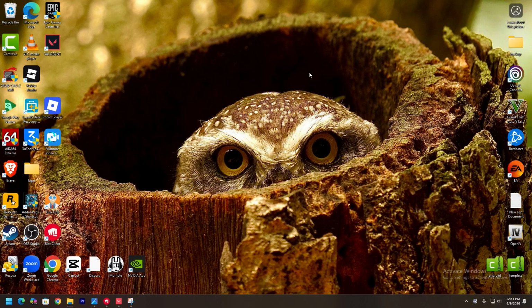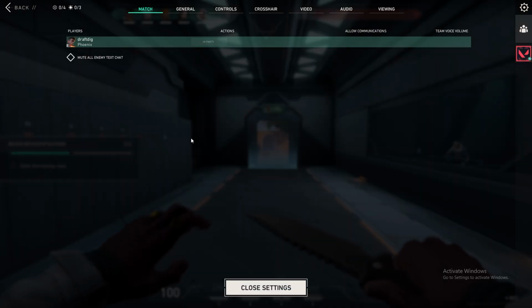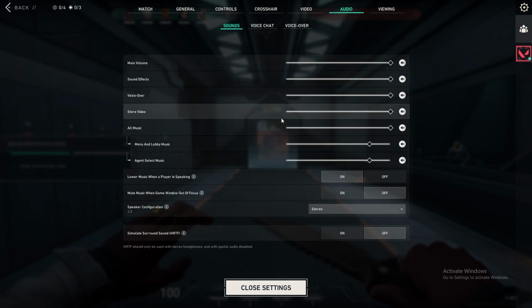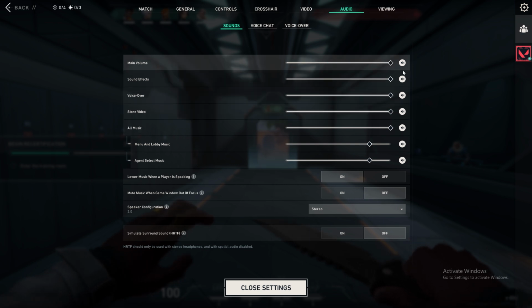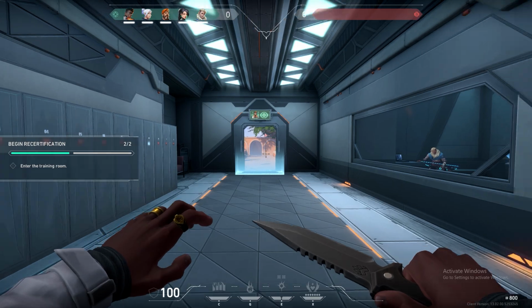How to fix Valorant audio not working. First, if you're having any kind of audio problem inside your Valorant, what you want to do is simply go to your settings, and inside your settings go to your audio section over here, and make sure that the volumes are set to a level that you can actually hear. After that, you can simply go to your